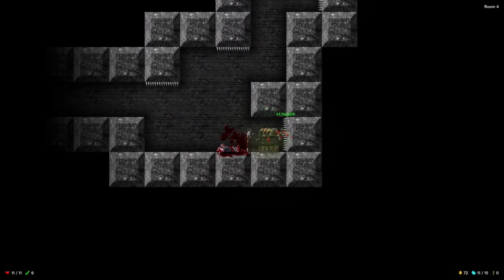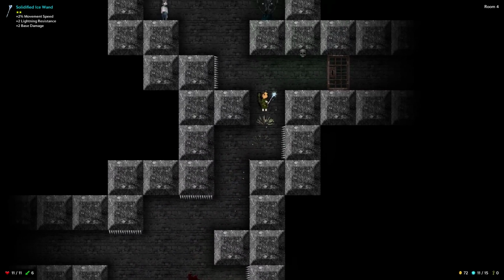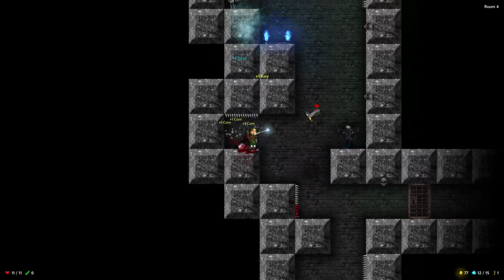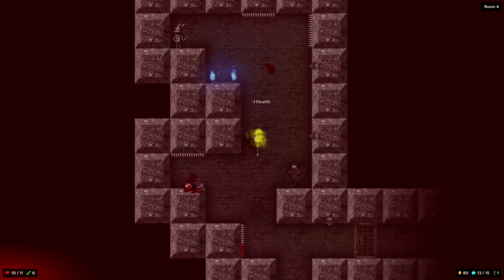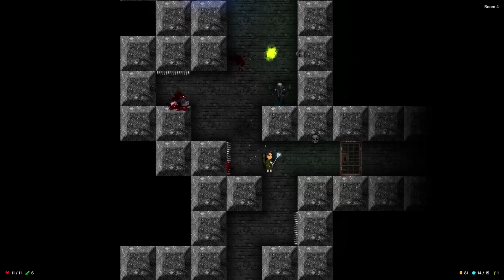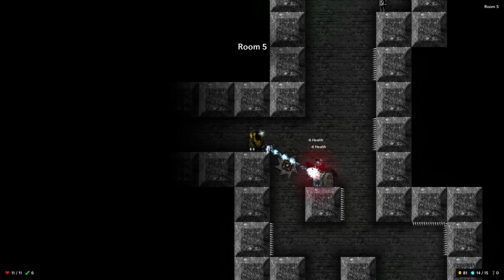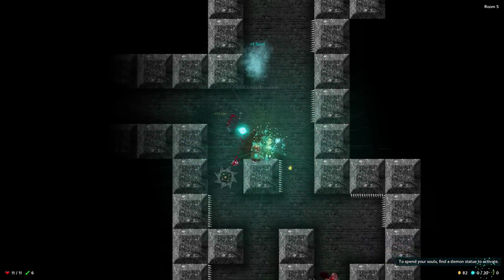I got some lucky loot. Health potion's always handy. There, little Zeri. Alright. Yeah, the loot's random in the game, so sometimes you get good loot early on, sometimes you don't. Conductor, look at that, he's just melting. Well, not really melting with an ice wand, but...